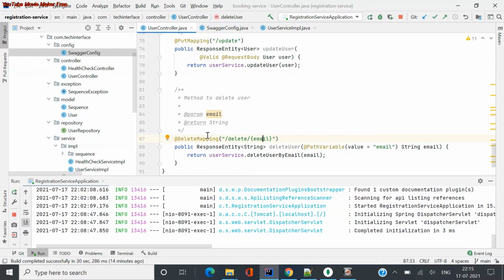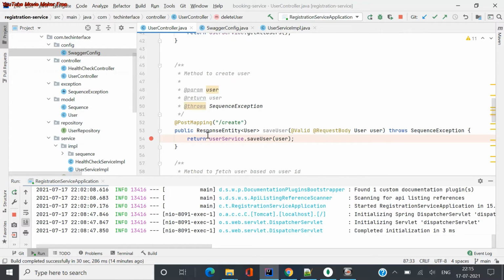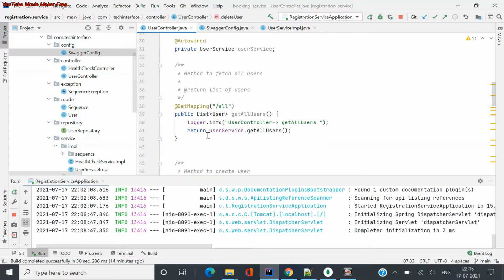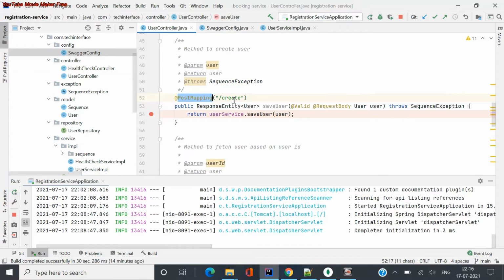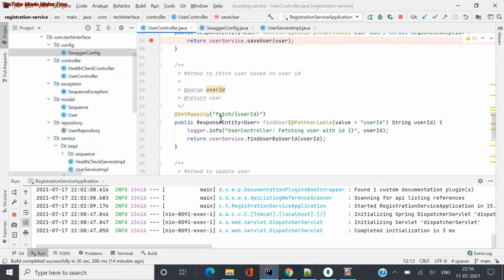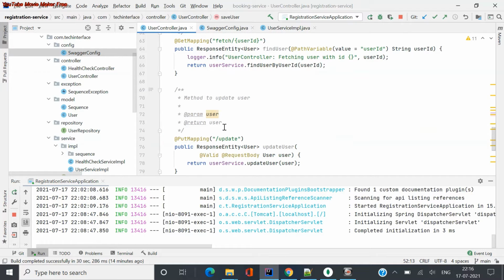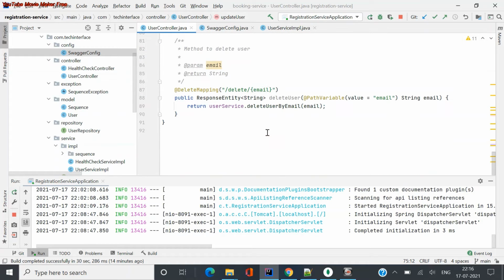So always remember what all the return types and what all the mappings you are going to have, and what all the types of requests you are going to send. So this has to be very carefully defined, because while creating you should have a post, at least some of the get you can have, and you can have a put for the update or maybe post as well, or a patch as well, and delete for a delete mapping as well. So this itself clearly tells you what you are performing and what the path for that is.